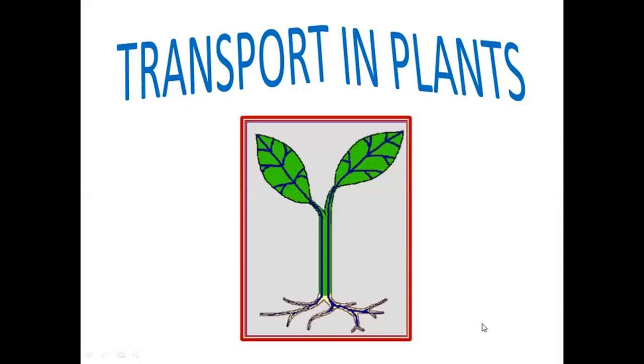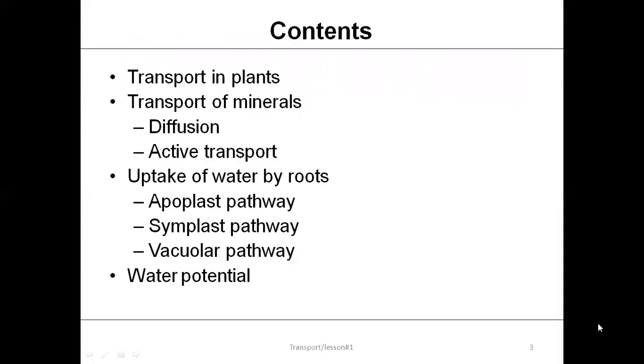Okay, transport in plants is what we're going to start. Transport means shifting materials from one place to another, shifting either in the liquid state or in the gaseous state, shifting useful materials which are very, very important for the metabolic processes. In transport in plants, the main materials that have to be transported are actually minerals and digested food, not forgetting the respiratory gases. The main processes by which transport of materials takes place in plants is by diffusion, when